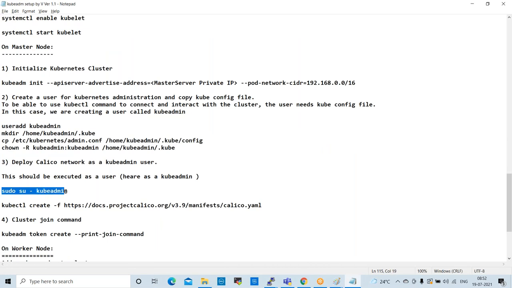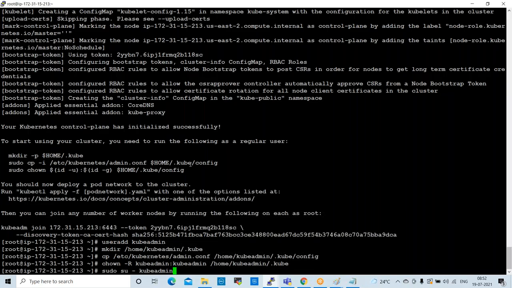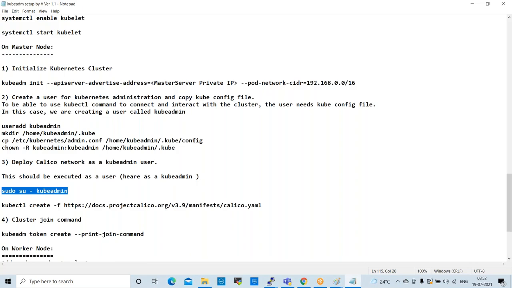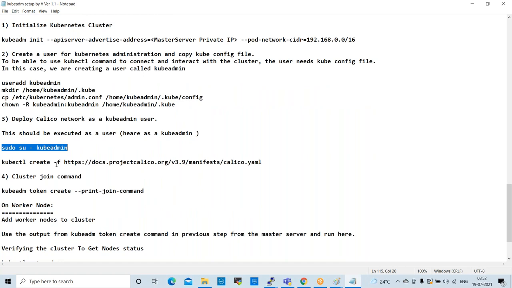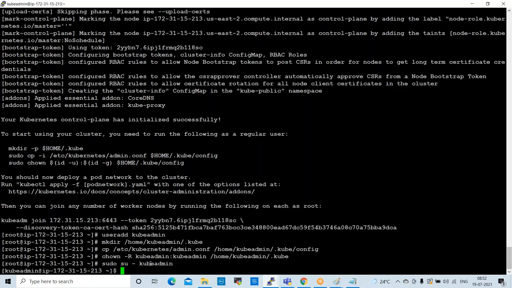Whatever user we created, that user we can switch. Copy this command, switch to user kubeadmin, right? So after that, this is the command to install Calico plugin, right? Copy this and install this on master.